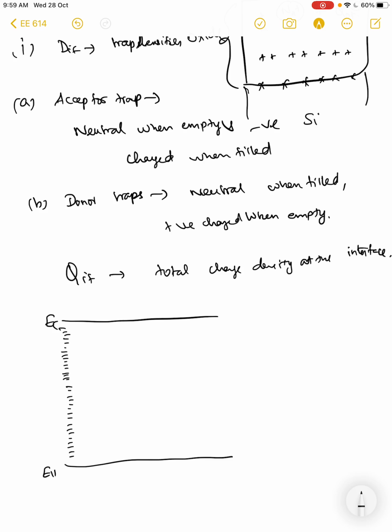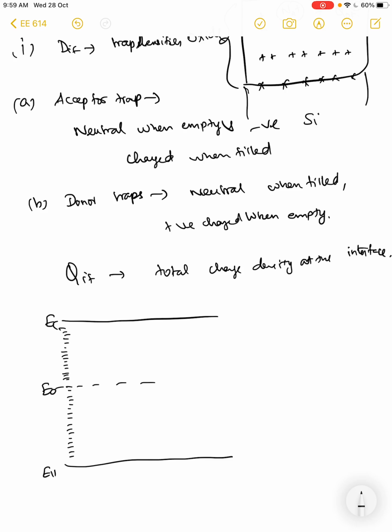This is most likely not true, but it's an assumption that is made to make our calculations easier, right? So we assume that you have traps that are evenly distributed from the bottom of the valence band to the top of the conduction band everywhere, and there exists some level here which we call E naught, where the